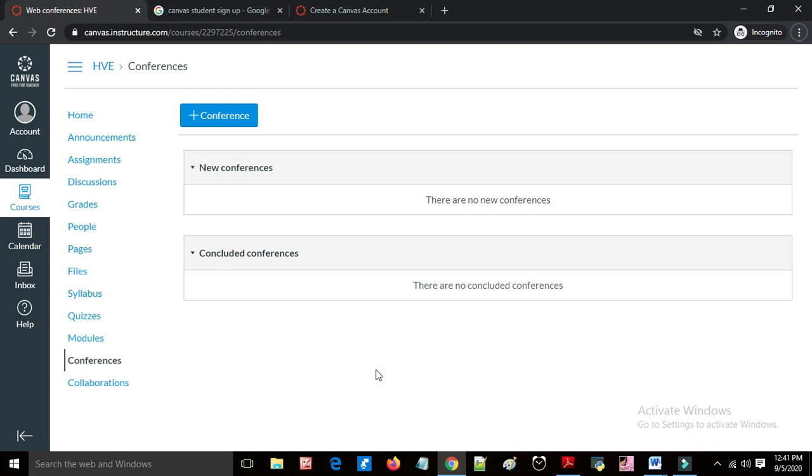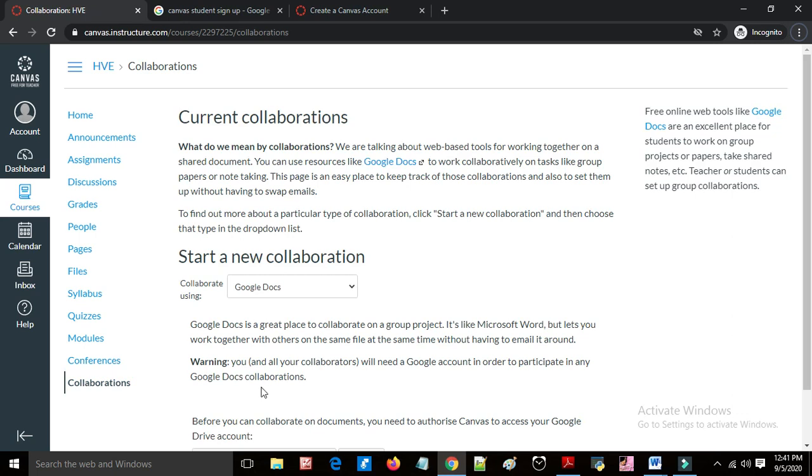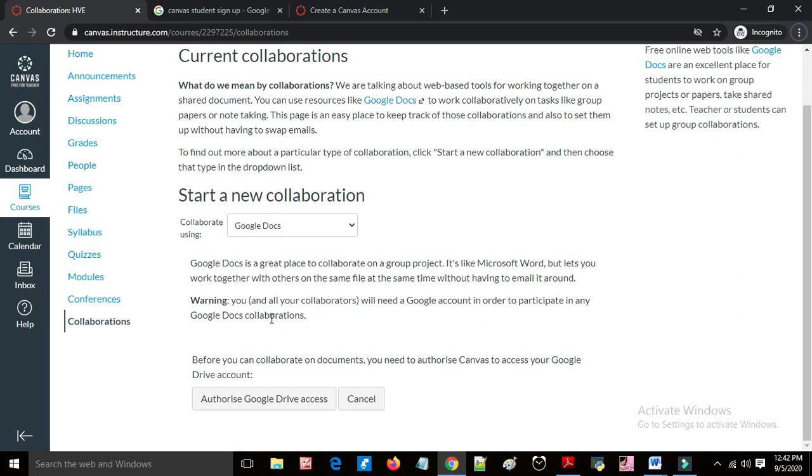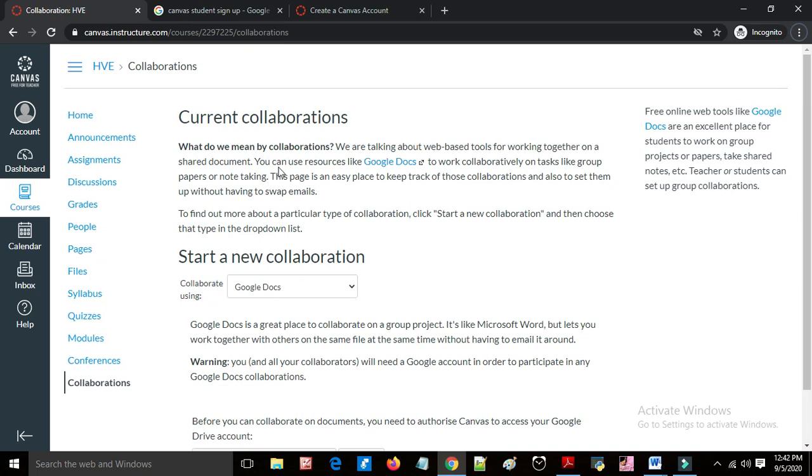Collaborations are used while working with participants. If the instructor gives an assignment by group, a link will be given to you for your group, and from that you can give your collaboration to the assignment work. Here you use Google Documents to do your collaboration work in this tab. But the email ID you are using must have Google Docs authorization from the Google account.